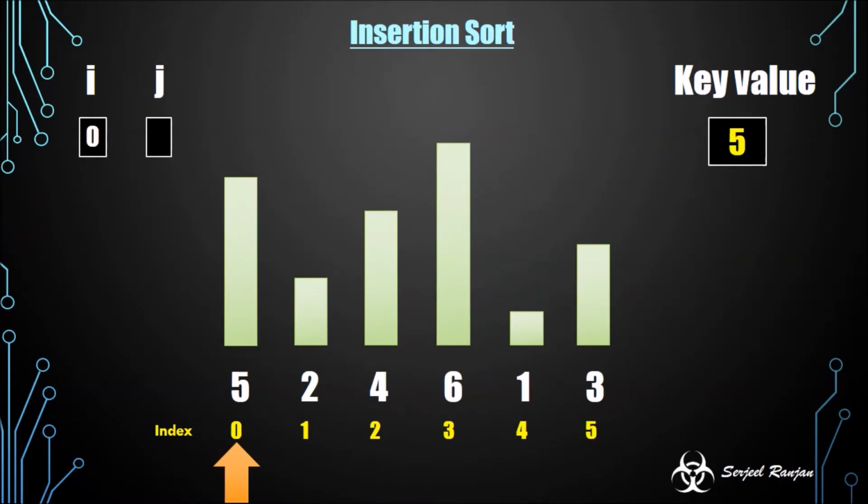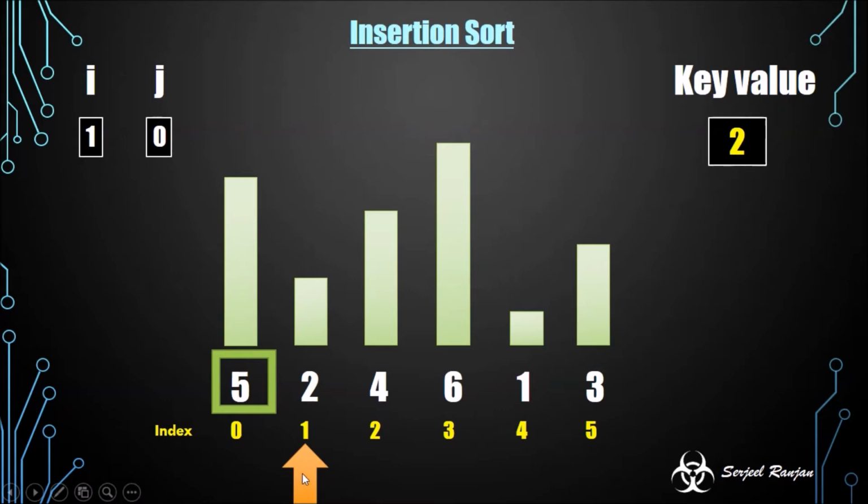Now we are on the starting step, and as you can see my arrow is pointing at the 0th index, but there is no box here because the box should be present just one step before the arrow. But as the arrow is already pointing at the 0th index, there is no place for the box. So this implies the arrow should start its work from the first index. That is the reason why j has no value till now. Okay, so as you can see now, the arrow has come to the first index, and since the arrow is pointing to the value 2, our key value is 2 now, and one step before, on the 0th index, our box is present, for which I have initialized j as 0.